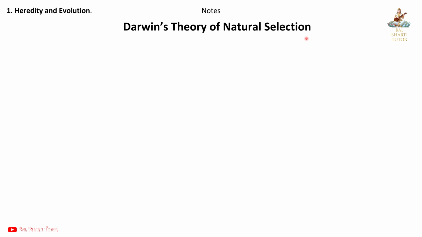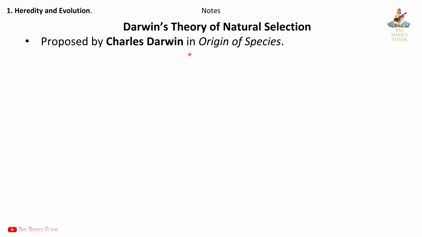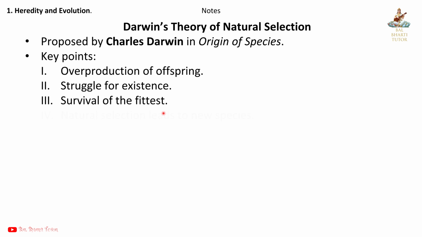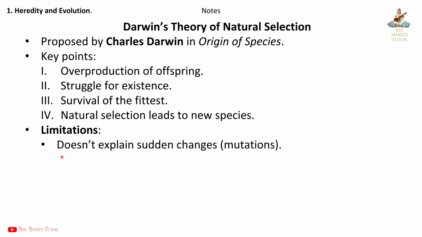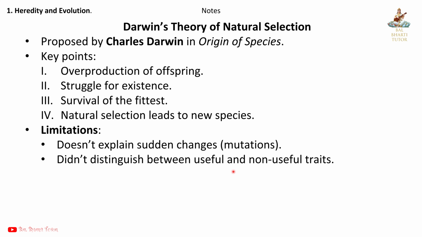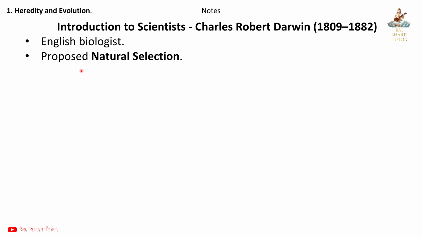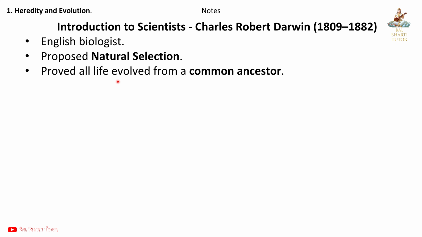Darwin's theory of natural selection, proposed by Charles Darwin in Origin of Species. Key points: first, overproduction of offspring; second, struggle for existence; third, survival of the fittest; fourth, natural selection leads to new species. Limitations: doesn't explain sudden changes, mutations; didn't distinguish between useful and non-useful traits. Introduction to Scientist. Charles Robert Darwin, 1809 to 1882, English biologist, proposed natural selection, proved all life evolved from a